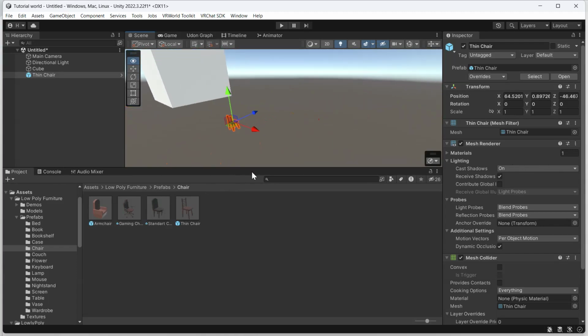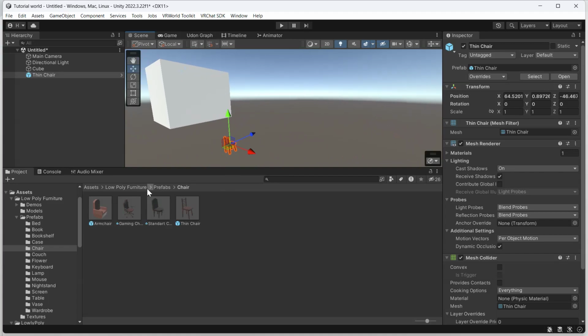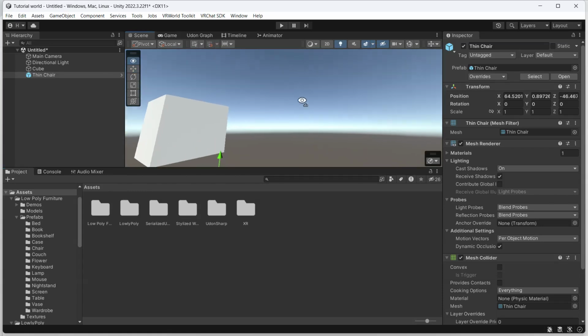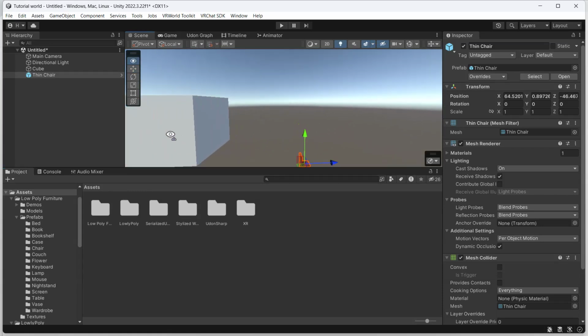Okay, so whenever you're downloading a furniture pack, for example, or a game, or anything really that's a model, the folder that you're looking for is prefabs. Okay, however, let's get back to